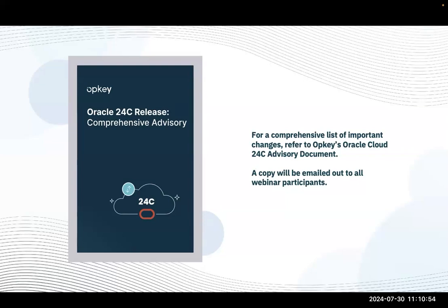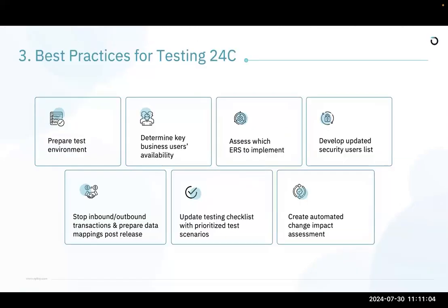What do they affect? What are these changes? How it's going to impact your business processes? So you can look around all of that information part of your advisory document. Now coming to some of these best practices. What is the methodology that you need to follow is something that we try to stress when we talk about